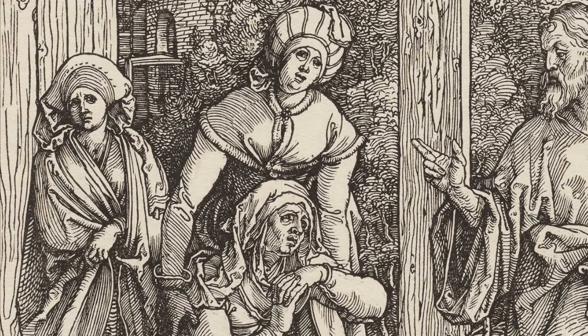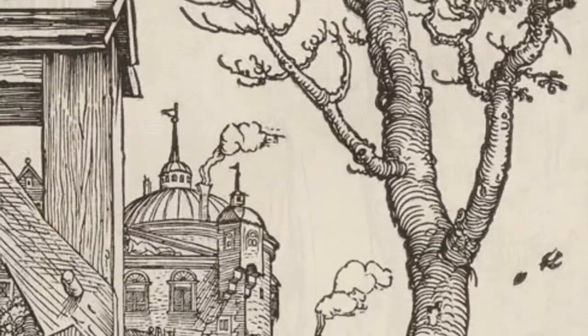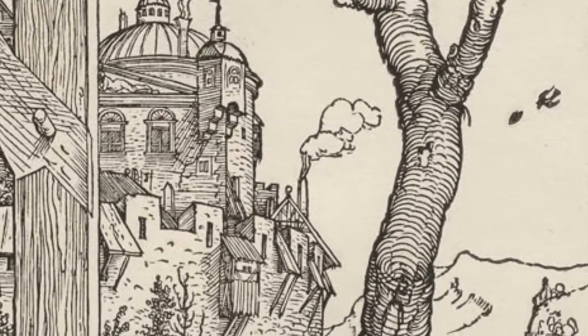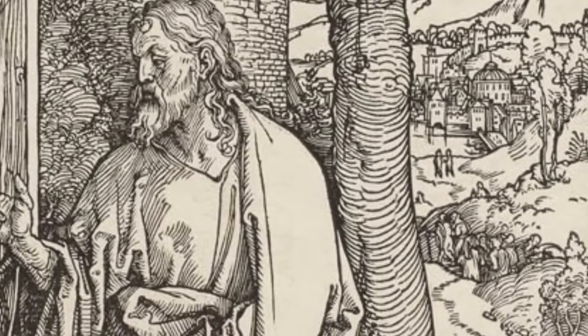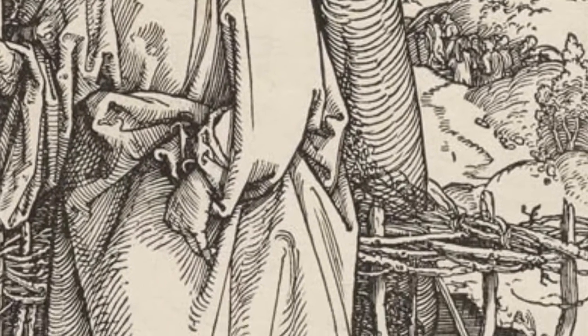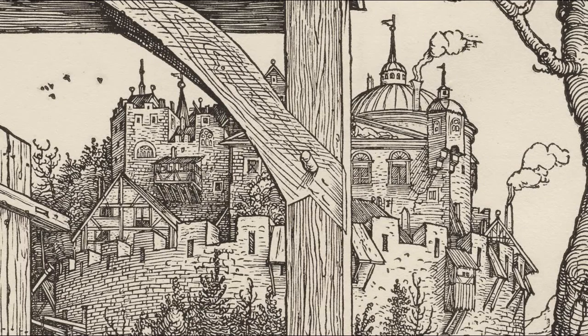planks. Christ steps out onto a path strewn with rocks, pausing for a moment to look back at his mother and raise his hand in a blessing. Behind him, an almost leafless tree twists into the sky, separated from the foreground space by a trellis made of loosely interwoven twigs. In the background, a massive round tower with battlements and a drawbridge encloses a tightly crowded cluster